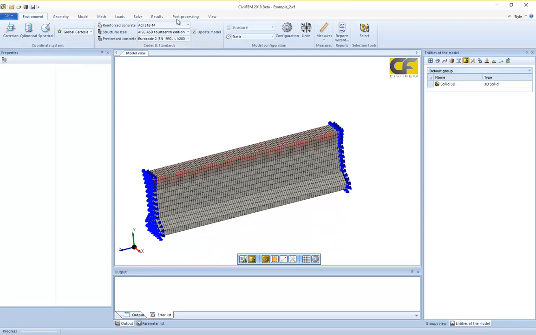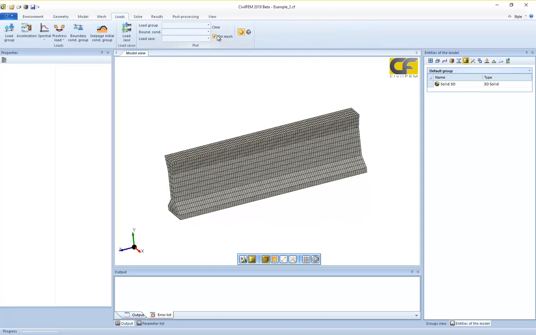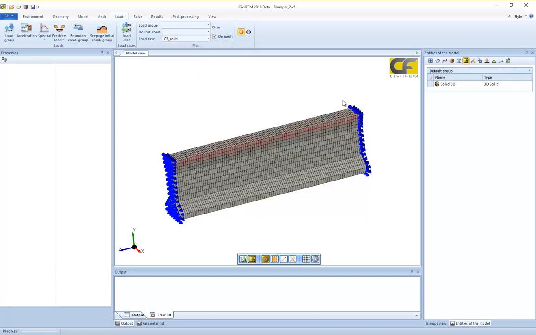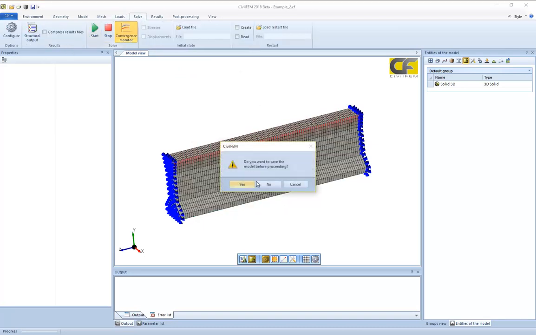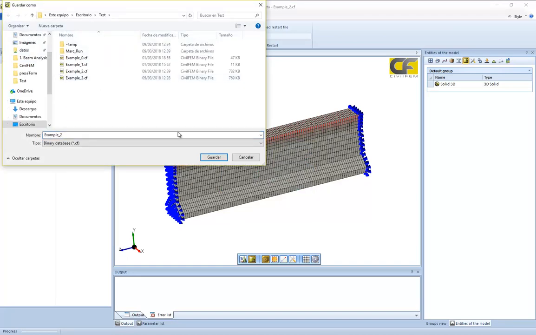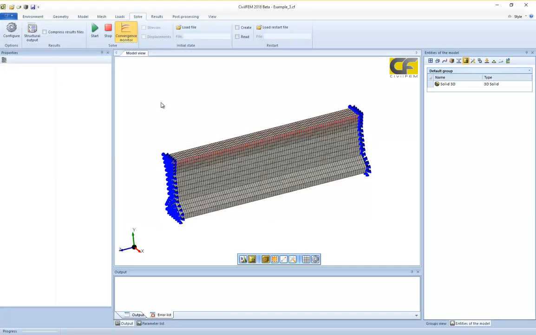So now I just have this model, and I'm going to solve these 3 load cases: a cantilever with a surface load, a clamp with a surface load, and a clamp but with an imposed displacement. So I just go here. I'm going to save it with another file name, and so I can say sample 3. Okay, save,